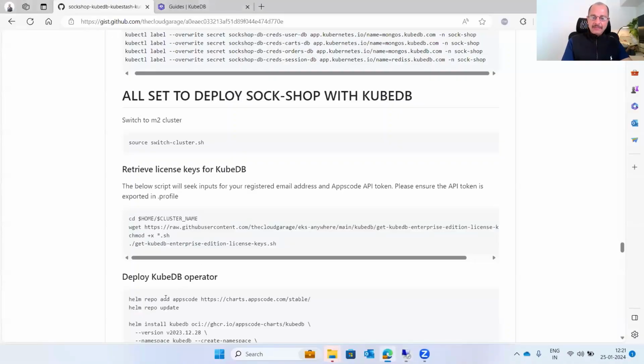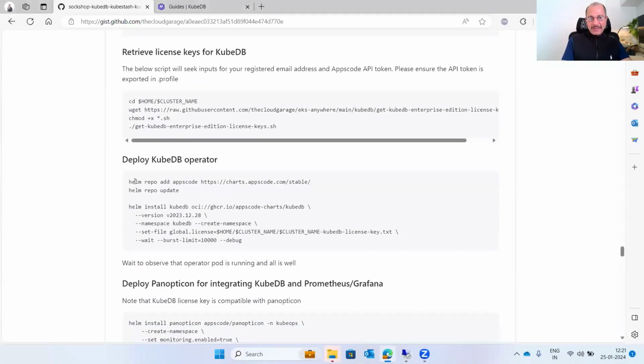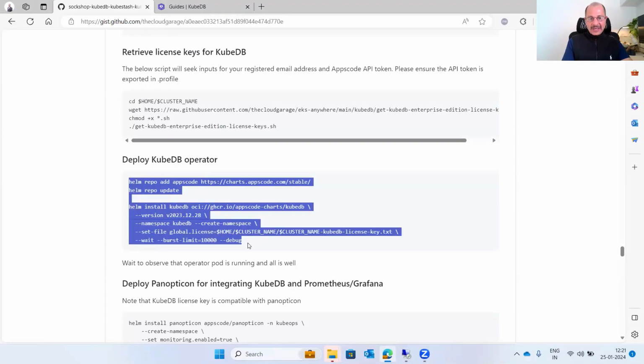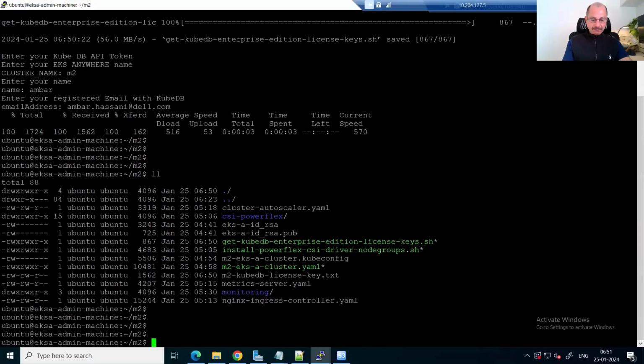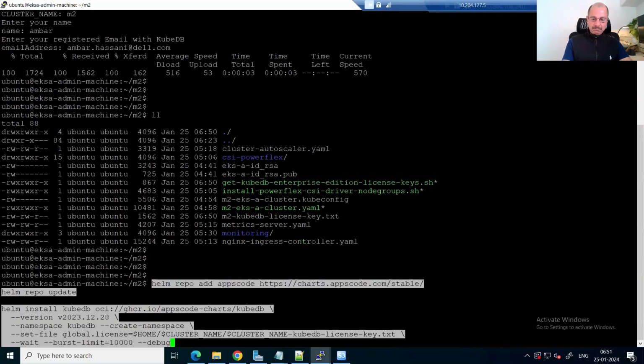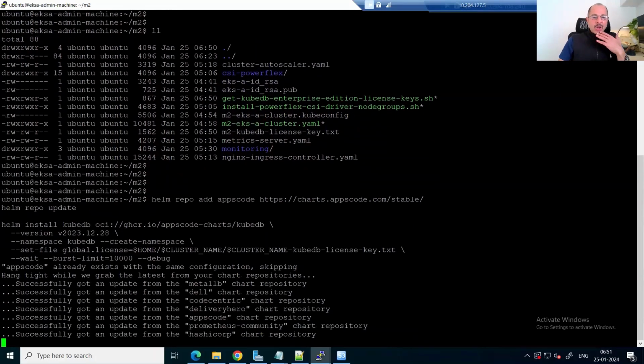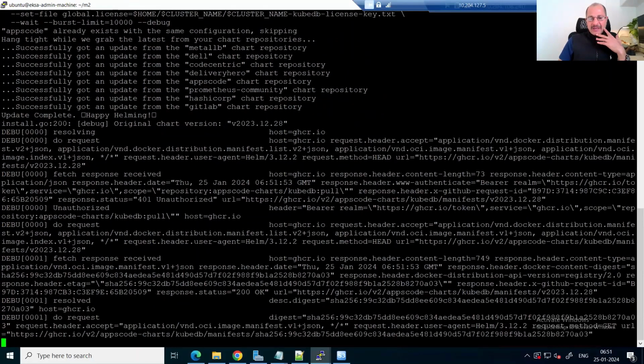And let's do that. The operator can be deployed through a Helm-based standard affair. And I have mentioned that it should be deployed in a namespace of its own called KubeDB. And with this as the license key, which is the cluster name, which is M2, and then the license key. Let's go ahead and deploy this. Okay, so while this is being deployed,